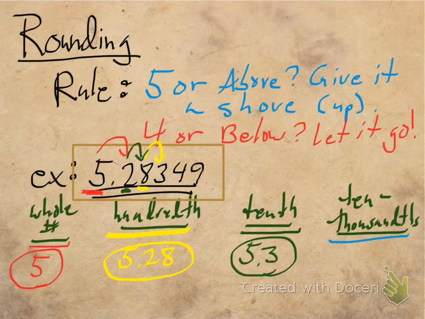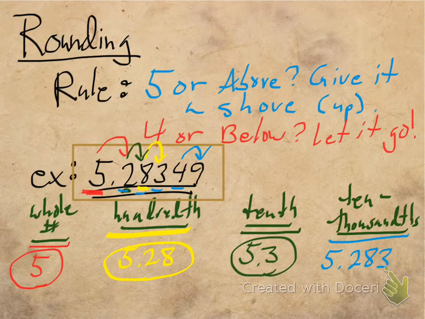The tenths, hundredths, thousandths, ten-thousandths. So we're talking about the 4 here. All right, so we look to the right. 9 is definitely above 5, so we're going to give it a shove, so that 4 is going to turn into a 5. So we're going to round to